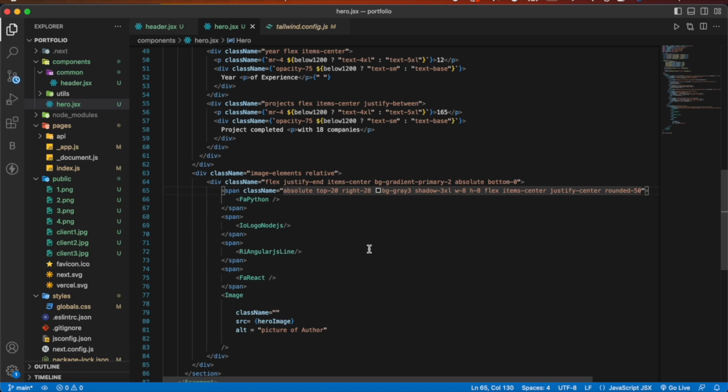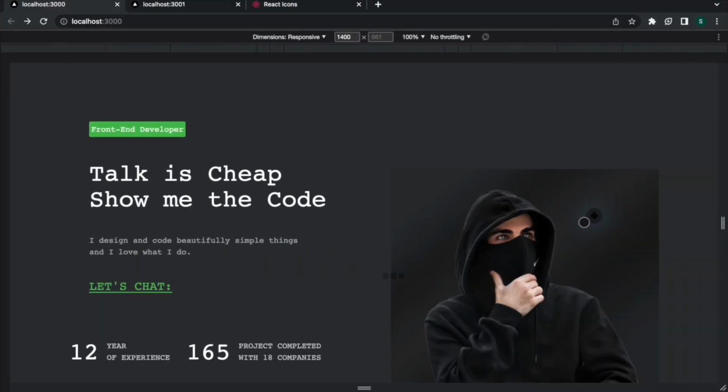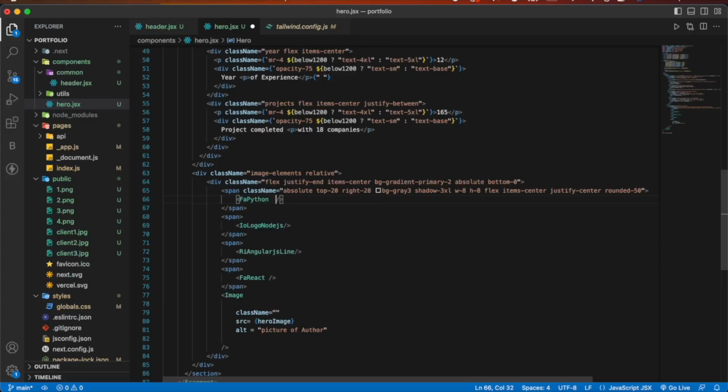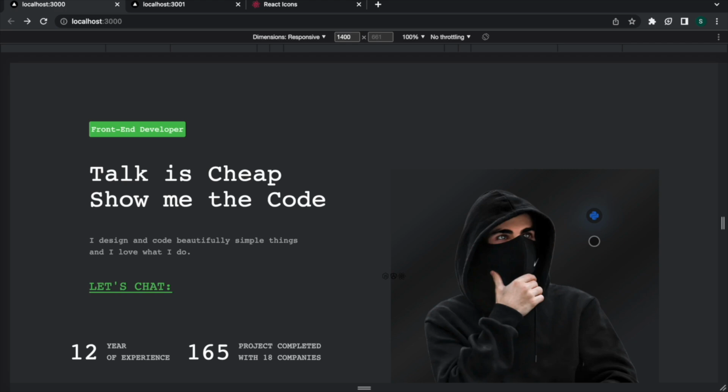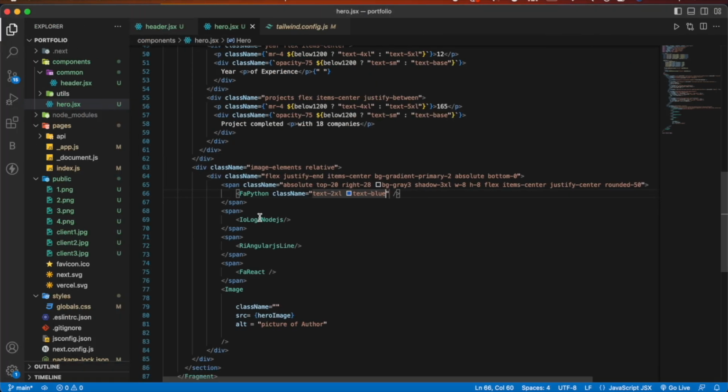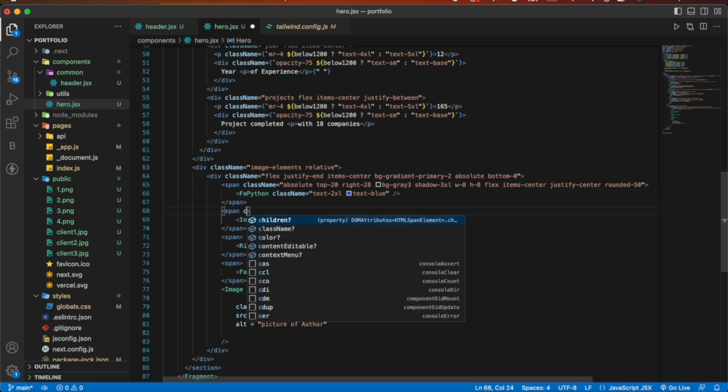So if I show you, you can see our Python logo here, class name here as well, and we'll give it a text 12 font size, and then color text blue, and you can see this is how it is gonna look. So let's give CSS to other icons as well. So I'll add our class name over here as well,